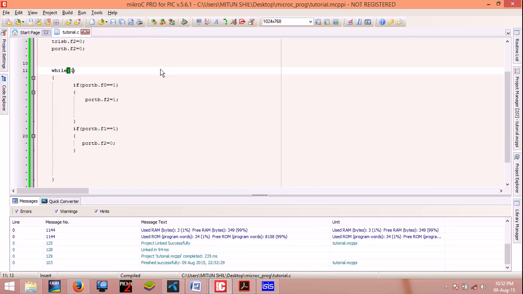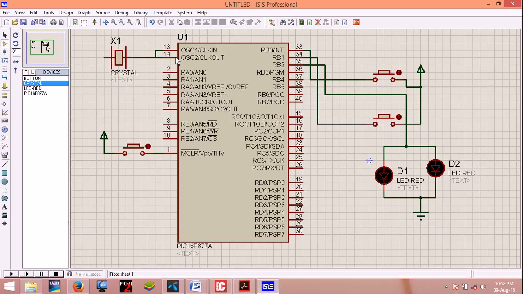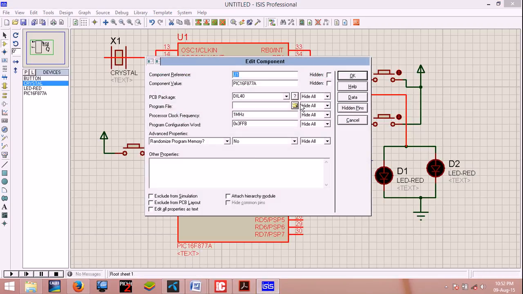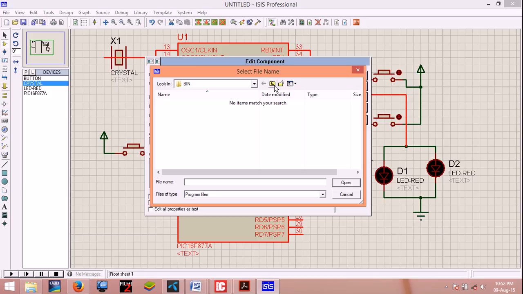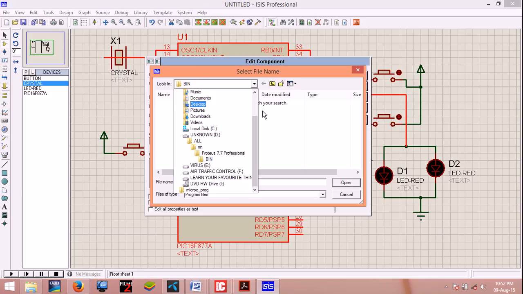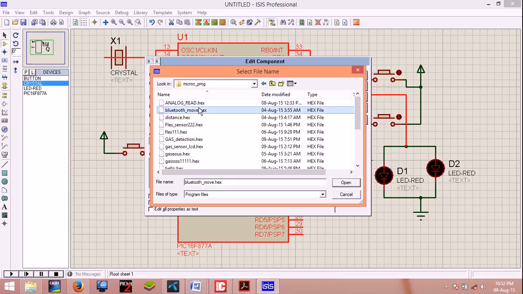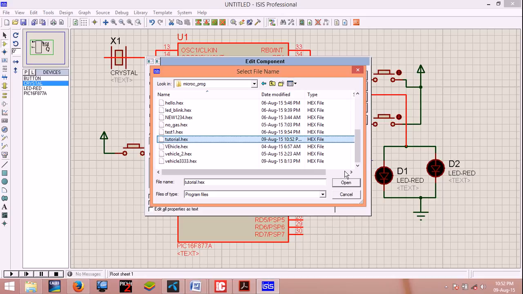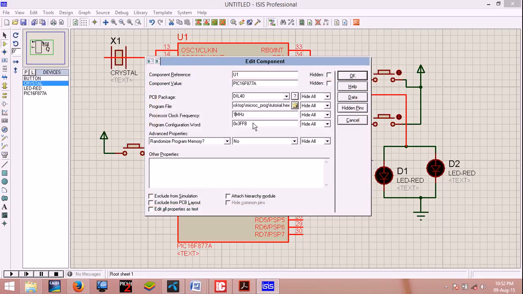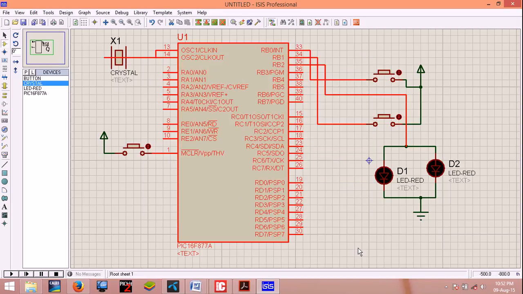So we have run this, and it has been done successfully. Now for this simulation, we have to double click on the microchip, then go to the folder, and put the frequency here, as we know that should be 20 megahertz. Now this is the play button. Now you can see,